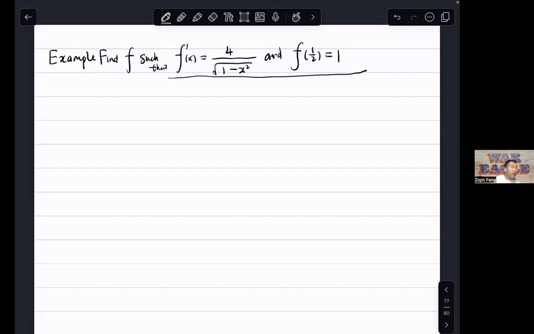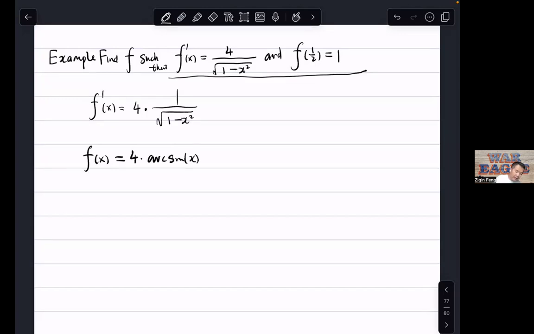By our discussion, f prime is a number times an elementary function. We know whose derivative is 1 over square root of 1 minus x squared. So from the first condition, the most general antiderivative is 4 times arc